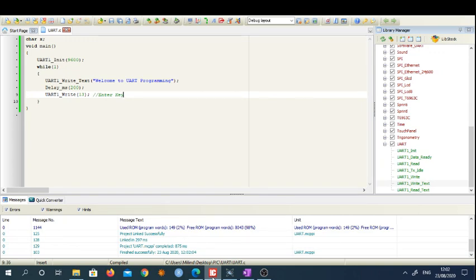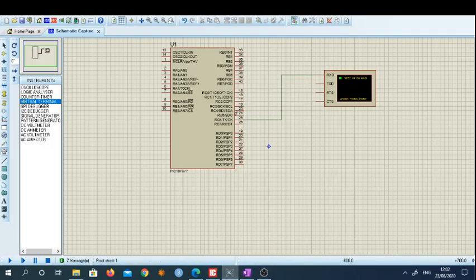Now I just want to modify this program. Here I have sent data from the PIC microcontroller to the virtual terminal. Now in other words, I want to have the vice versa connection. That means I want the virtual terminal to send something and it should be received here at the controller, and it should sense it. So for that I have to write a program. So I will make some changes.